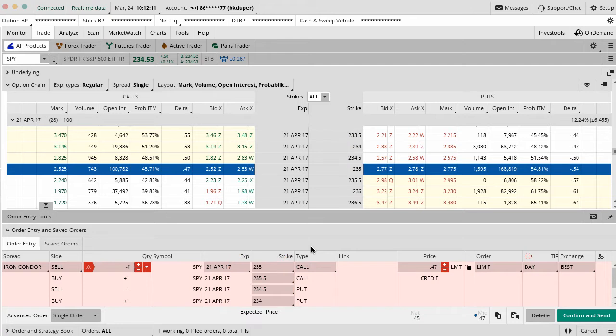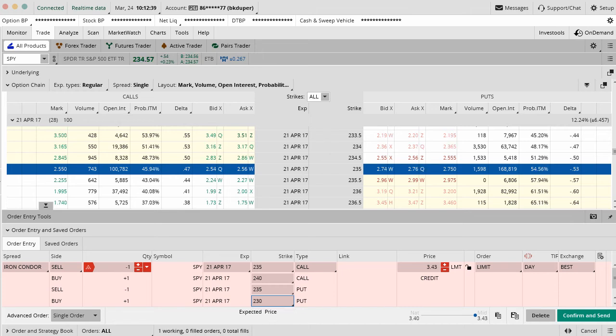So from here, what you would actually do is manually change the strike prices to match up with whatever the alert is that we sent out, or however you want to trade it. So I would change our short strikes, our sell orders here, to the 235 call and put. On the call side, we're going to buy options $5 out, so that's going to be the 240 call. On the put side, we're going to buy options $5 out, so that's going to be the 230 put